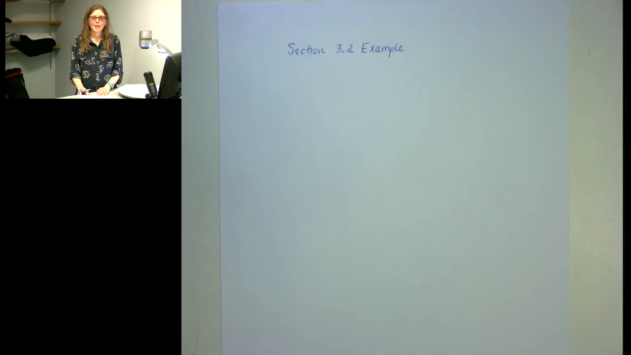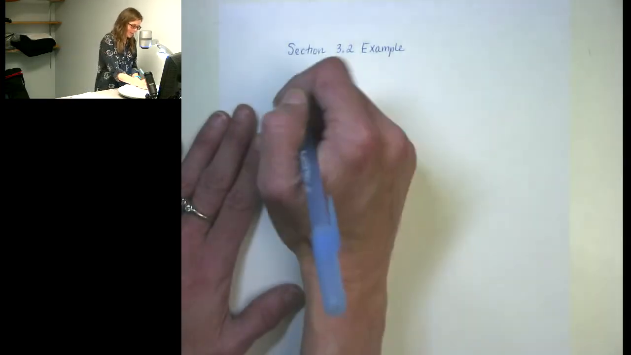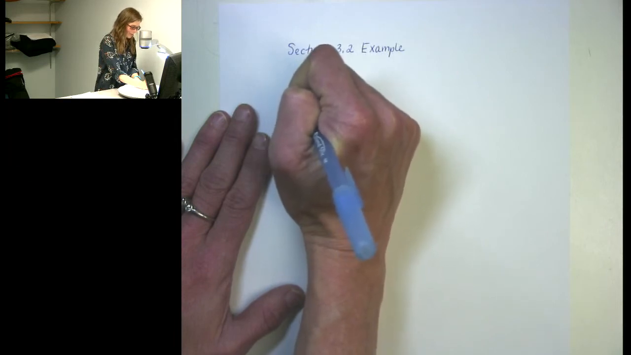Hi, today I'm going to work through a short example, maybe it's not so short, but an example anyway, from section 3.2 to help you get used to working with the gamma distribution and the exponential distribution. Before I get started on the example, I just want to remind people that if we have a random variable that follows a Poisson distribution,